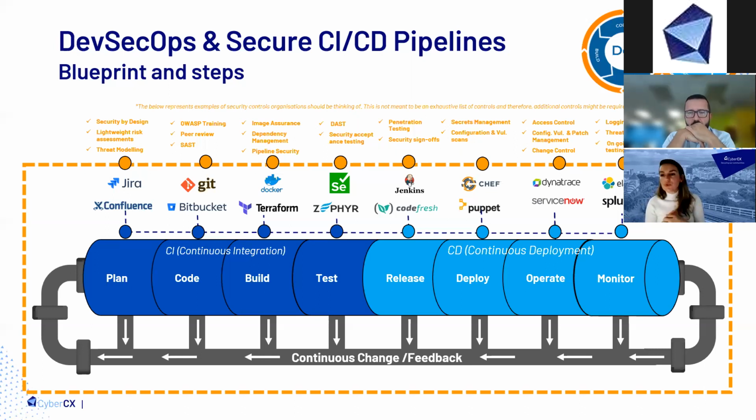So if you look at the controls that we have on top of operating, we have access control. So really making sure the access is done in a proper way, privileged accounts, all that stuff is being managed. Vulnerability and patch management. So we should be assessing dependencies, libraries, and all those things that we are using as part of the security in the pipeline, the application itself. But we should also be looking at those same aspects for the pipeline and the applications that we are using across the pipeline.